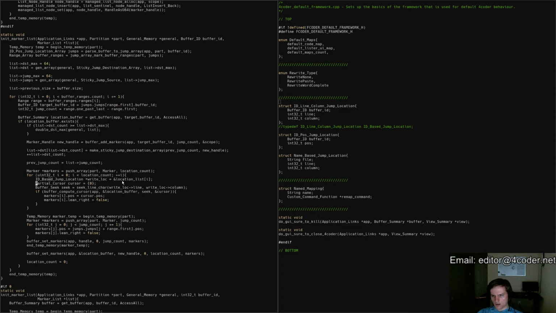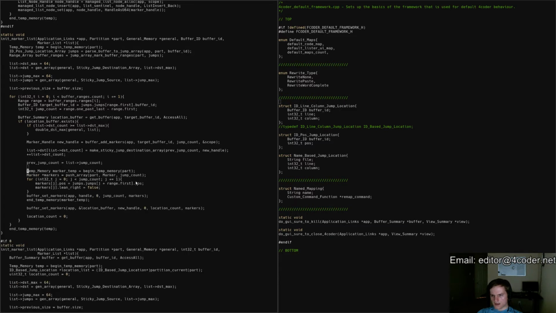Okay, and then I look at the markers. I'm assuming that I will get back positions this time, not line columns, so I don't need to do any of that part, and then it fills the marker. Okay, so that's gone. Instead what I do is I begin a temp, I grab the markers array, I fill them directly from the positions of the jumps, and then I set my markers. So really, location buffer